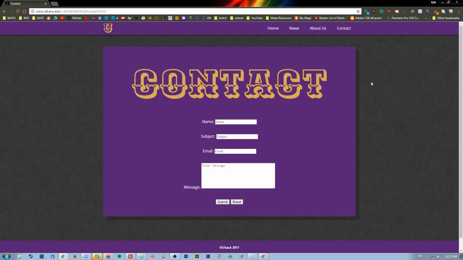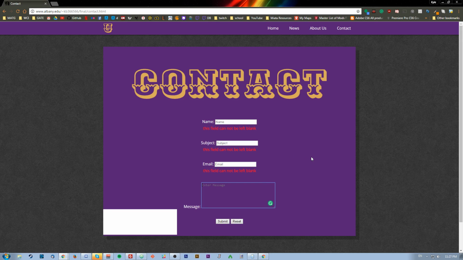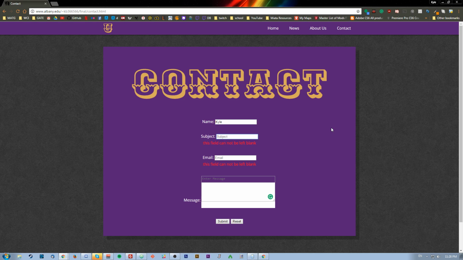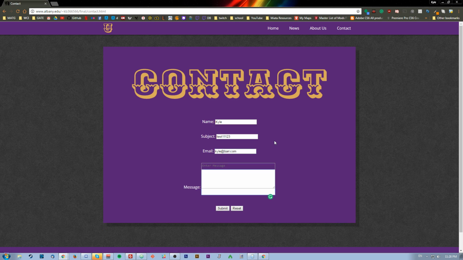And then the form validation is pretty simple, mainly that when you blur a box, it says that the field cannot be left blank. And when you try to submit it, it just doesn't submit. And then if I were to fill it out, here, let me just fix that. If I were to fill it out with a test, and then email, and then just testing, and then I submit it,